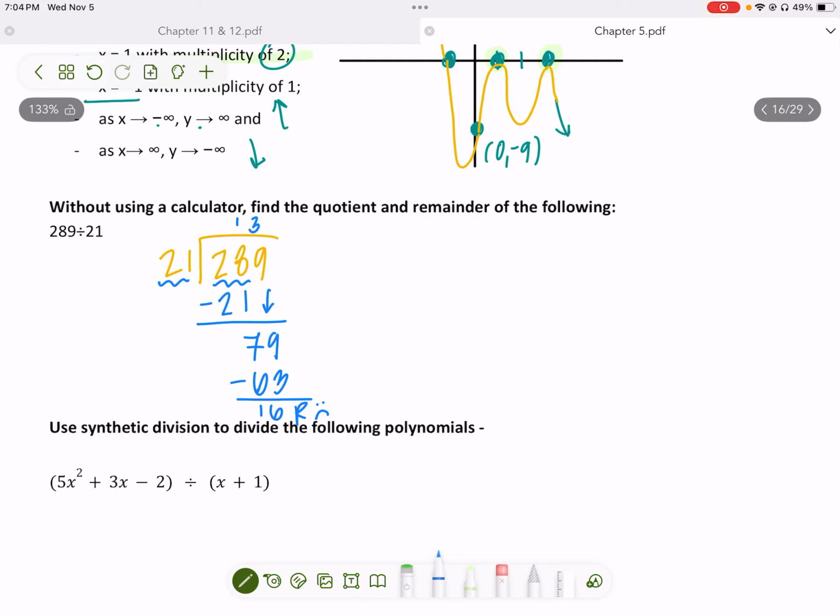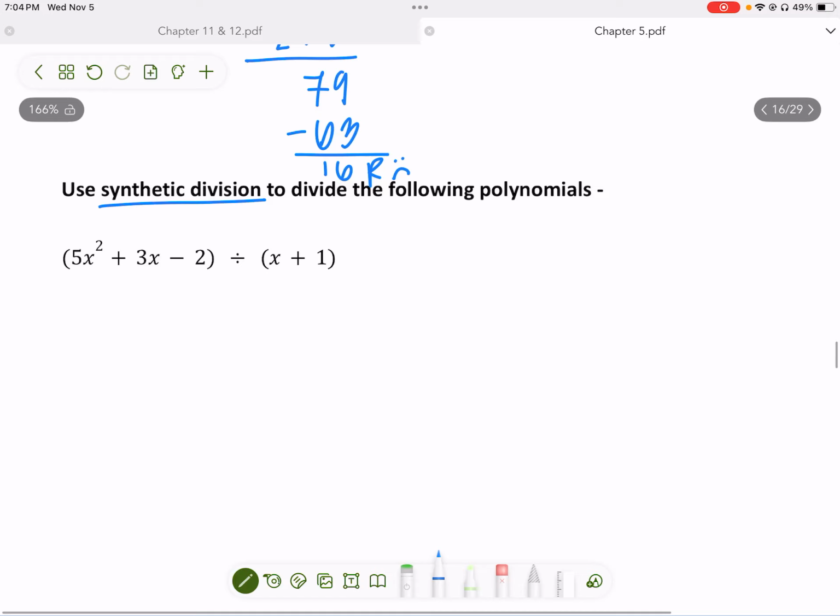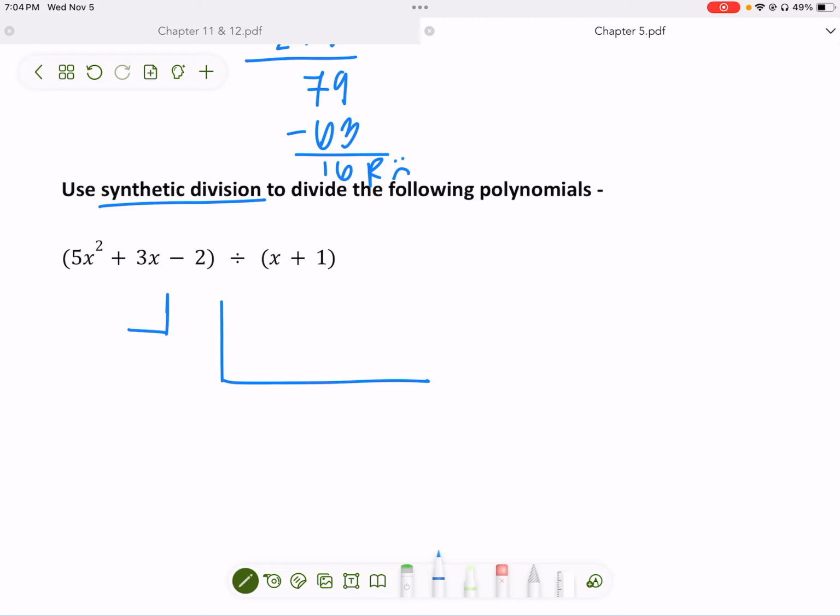Now, the reason we do this is just as a reminder that we can also divide. Sometimes we divide polynomials, which is what we're going to be covering today. So we're going to use synthetic division to divide these polynomials. Synthetic division has a little box and then a longer rectangular box. Inside this little box is